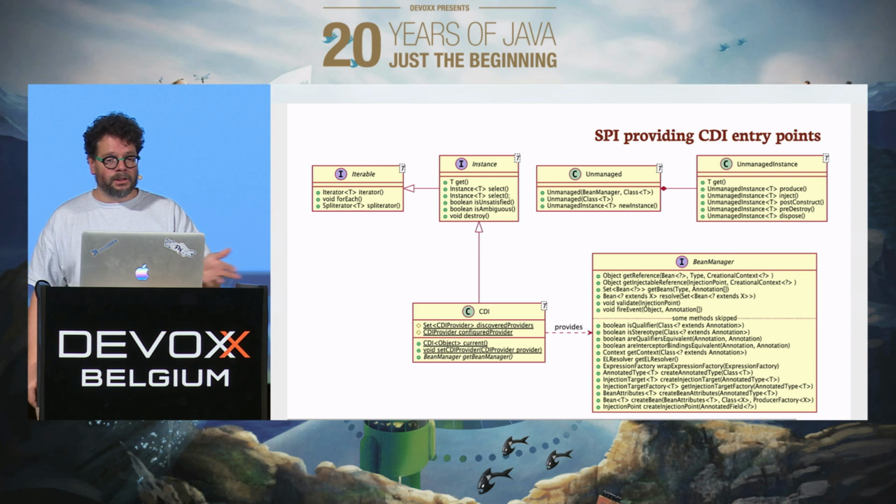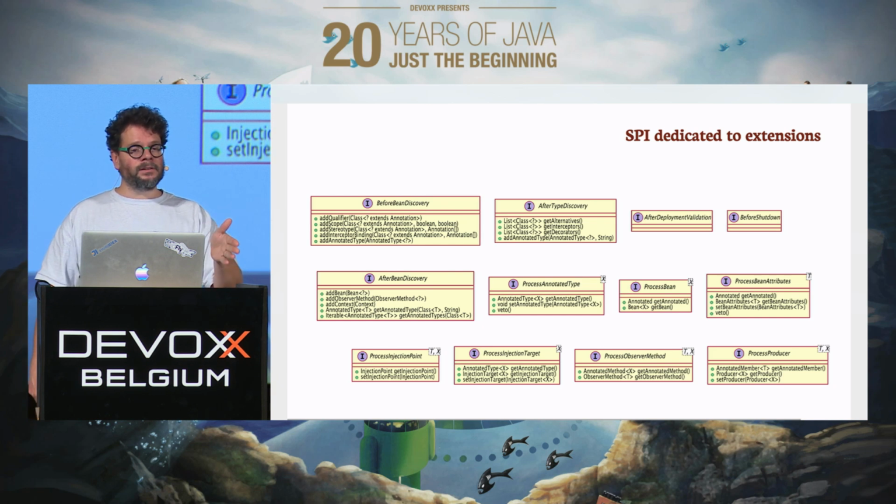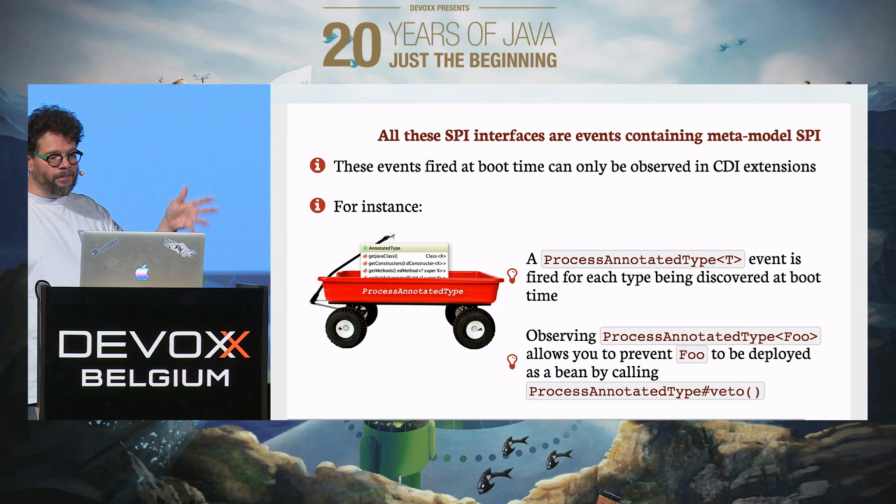And of course, the bean manager is another way to get into CDI. And last but not least, all the events we saw before in the diagram with all the steps are there. So all these events are dedicated to extension, and you can observe these events to change stuff. You have to keep in mind that these events are a kind of